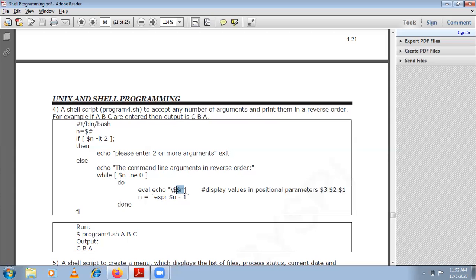So $n, that is 3 parameters. So $3, that is C. So C gets printed. Then you decrement n value. Now n becomes 2. 2 is not equal to 0. Again you will come